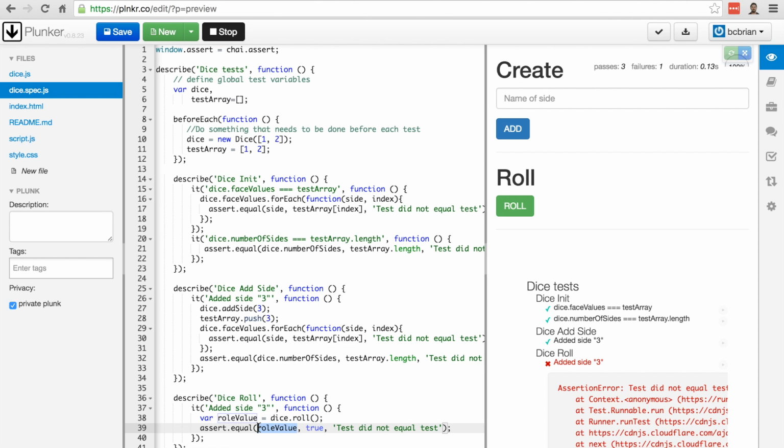So we'll say dice roll value index of, sorry, let's see, let's get a rolled random value. So we're going to roll it, and what we're going to do is do the index of